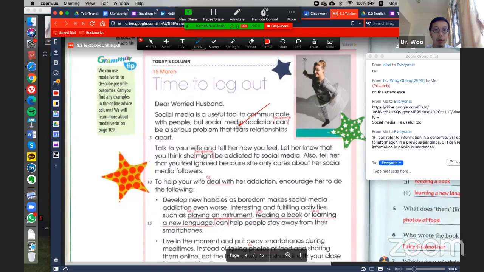Tears relationships apart. Now, you have to look back at that, a relative pronoun. So tears relationships apart is being connected to other information in the sentence using that. So what tears relationships apart? That. What does that refer to? It can refer to